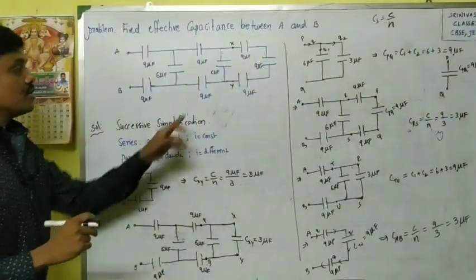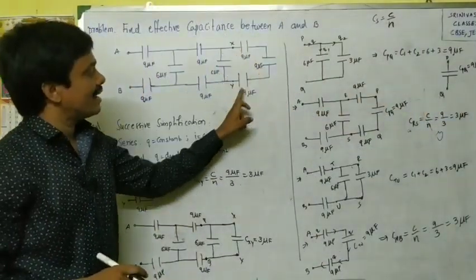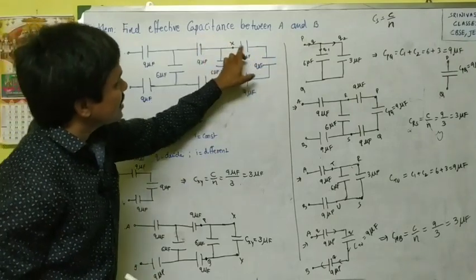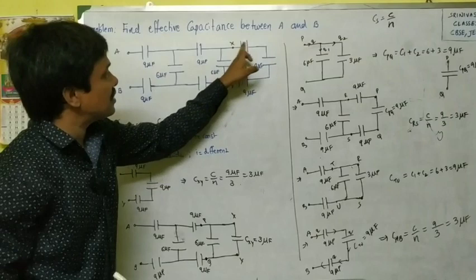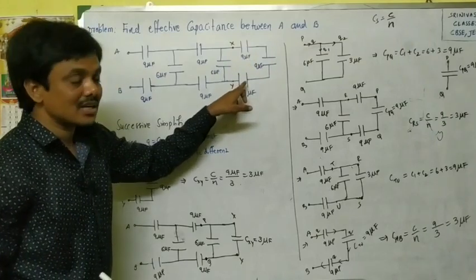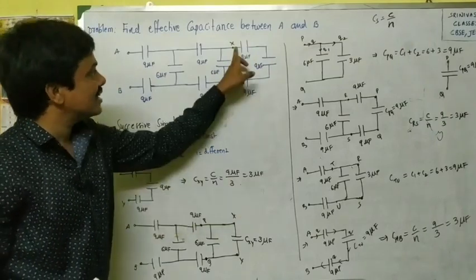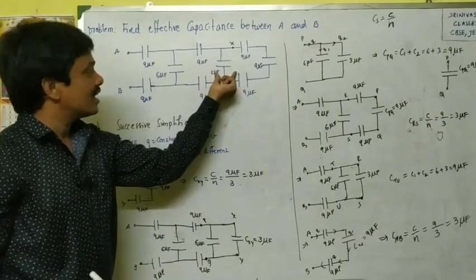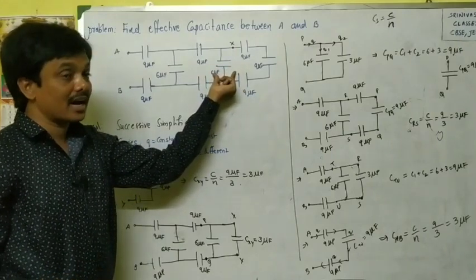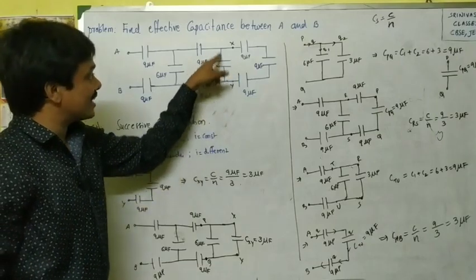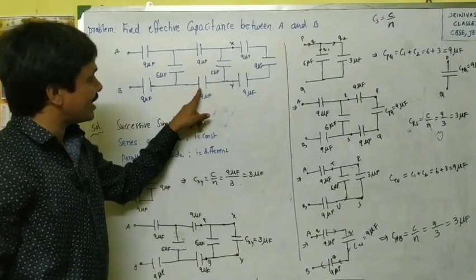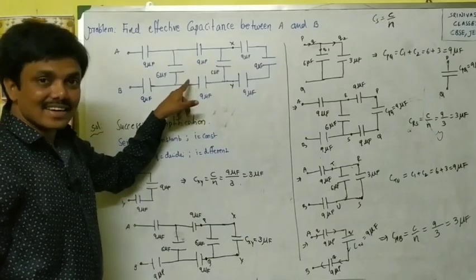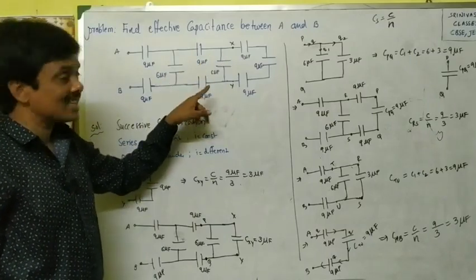It was very simple. First this 9, 9, 9. This is one way, right? This part we have to take. These three are in series. Effective capacitance in series is C by n. 3 we got. Here 3 we got. This 3 and this 6 are in parallel. Their effective capacitance, we have to add, is 9. Here we will get 9. This 9, 9, 9 again they are in series. Their effective capacitance is 3 microfarad.